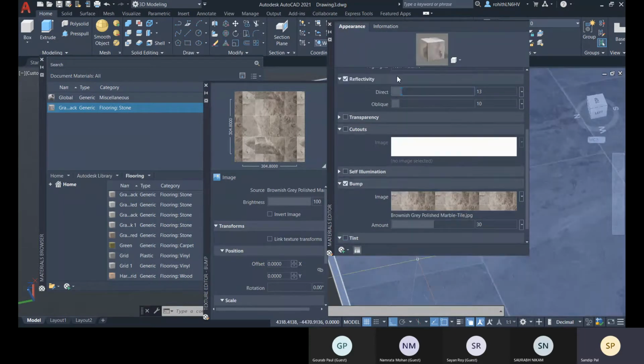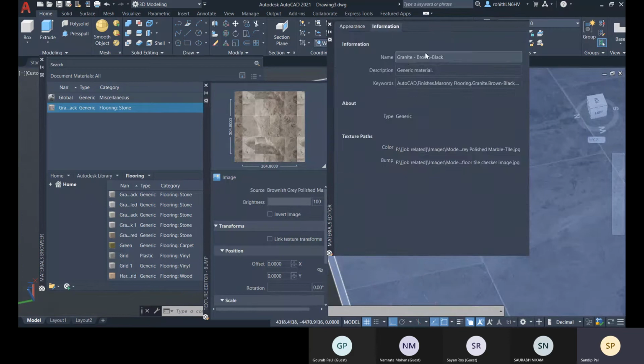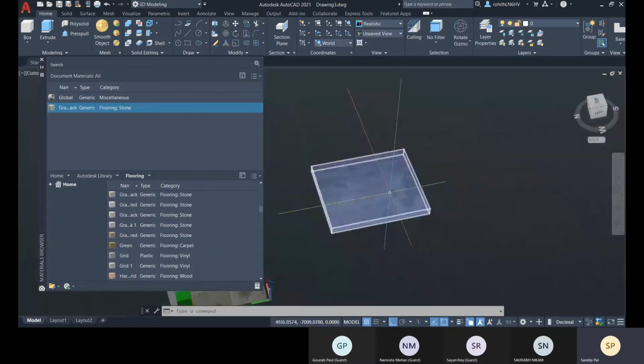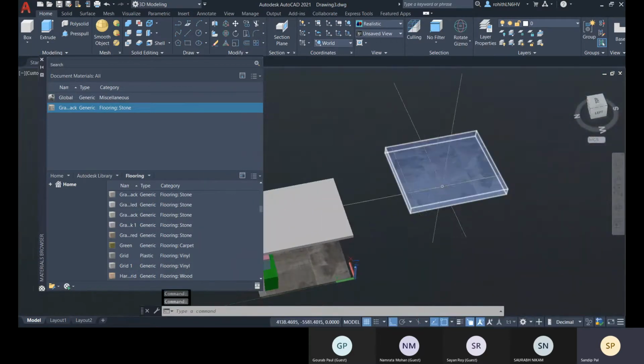So that is all about it, and you can get information related to your material, what is the type. Okay, so these are the images you have selected. Okay, and here you can change the name and the description. Okay, that is about the material you have created.